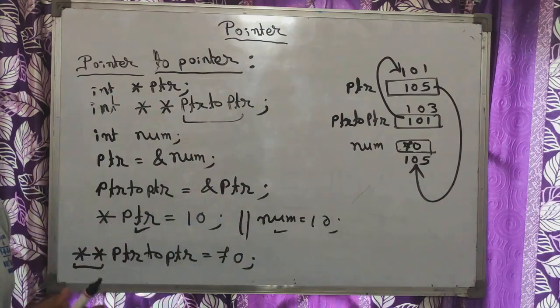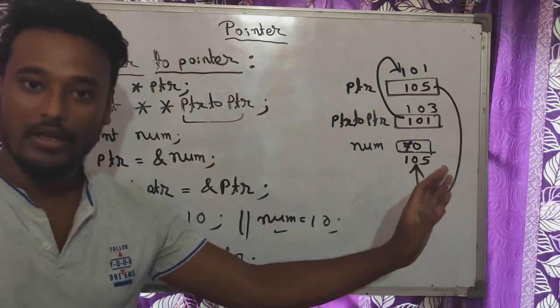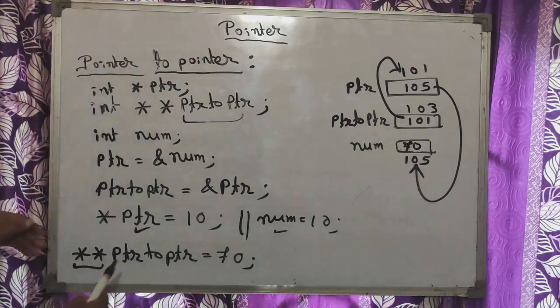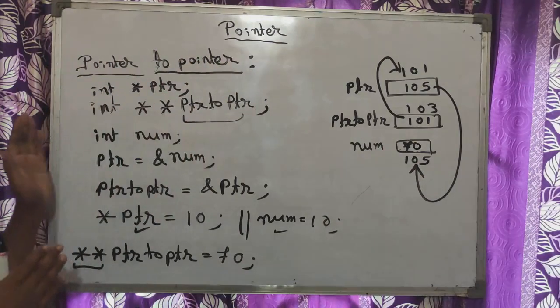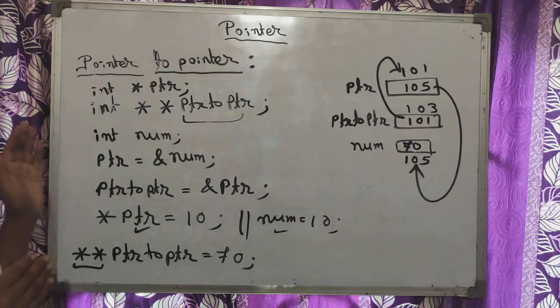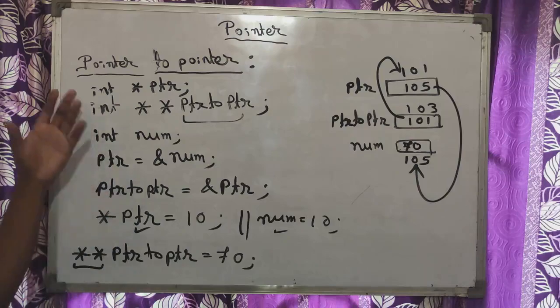Let me quickly revise what we have learned in today's class. In today's class we have seen how we can use pointers with an array, and how we can use a pointer to a pointer. If you are still having confusion, please do not forget to contact me, and I'll help you understand it better.